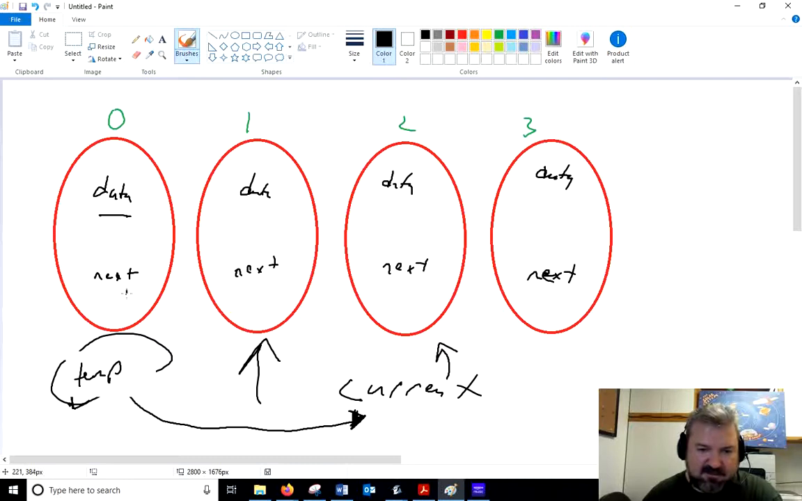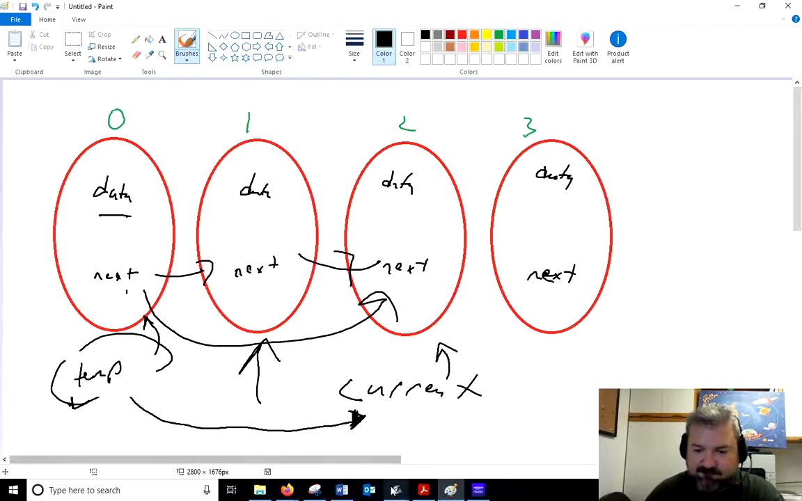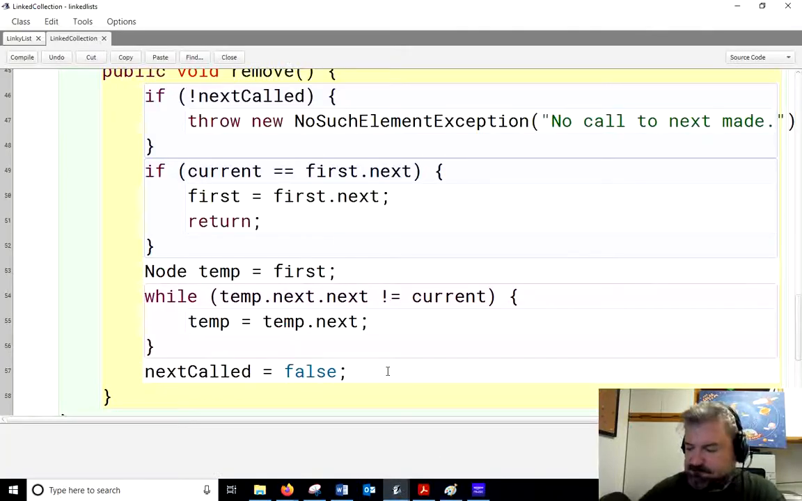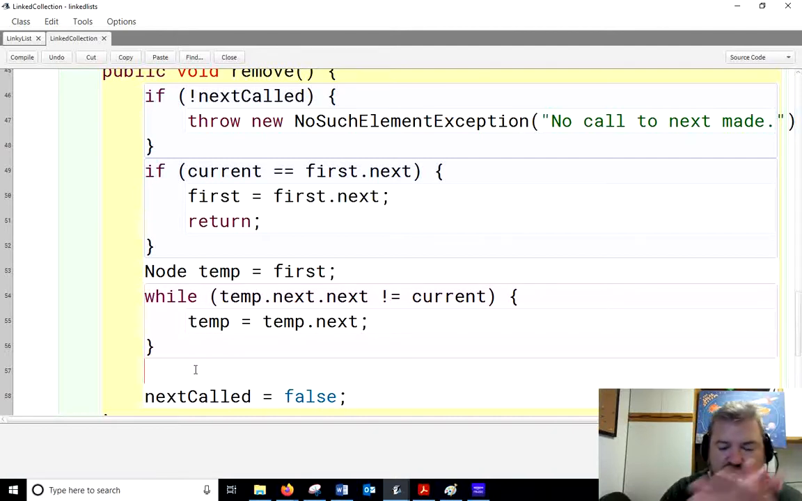So while temp.next does not equal the current. We're going to start here at first, and we're going to say, hey, temp.next, which is here, .next, which is here. Boom, it equals current, and we'll stop. And then when that happens, we just do this. Okay, so we've looped through, and if we get to line 57, we know that